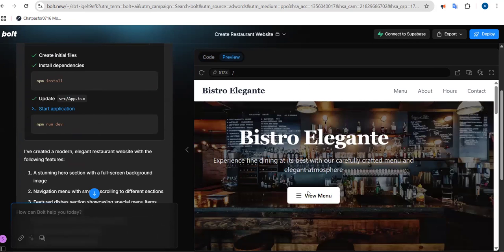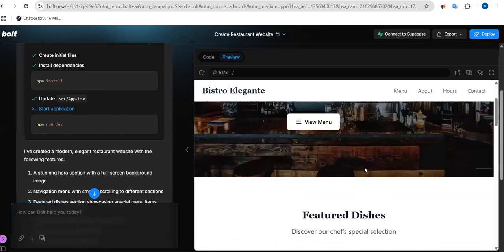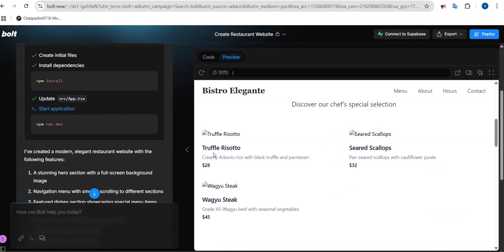Now let's see. Yeah, so here you can see there are a few items. Images are not visible, right? Yeah, so I want to update it. Update the images of